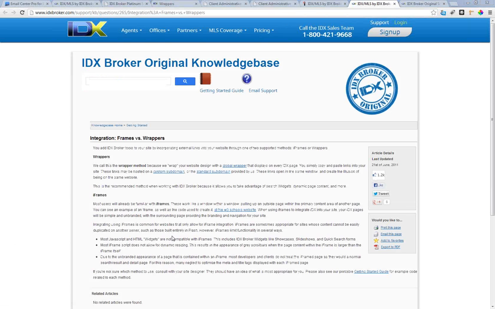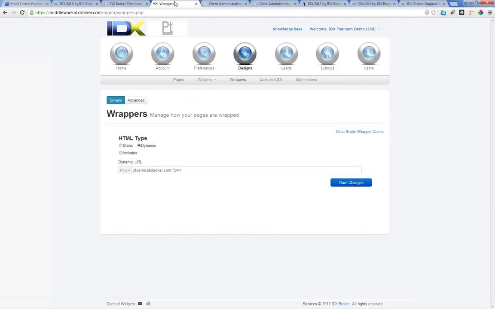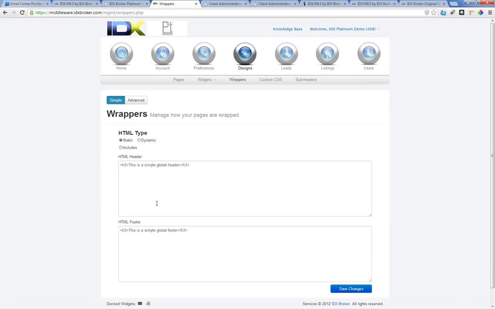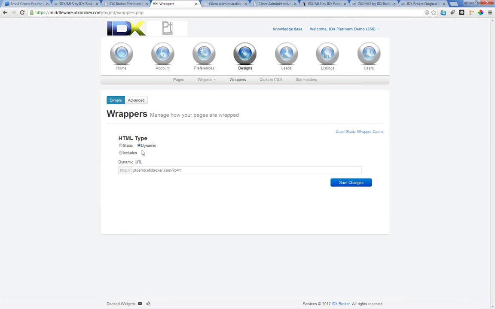Wrappers are obviously going to be the better item. If you are planning on indexing thousands of pages, if you really want a seamless integration, you're going to need to use the wrapper system. The wrapper system is absolutely pertinent for that type of integration. Basically what it means is that you visit your website, you grab the HTML code and you split it into either a static header and footer, which wraps around the IDX content, or you create